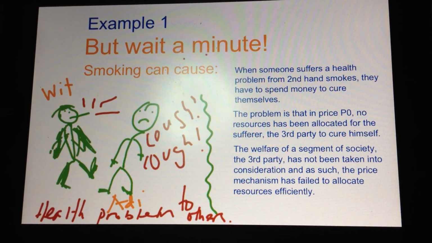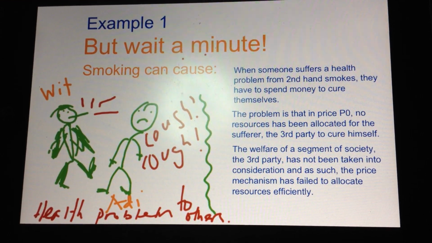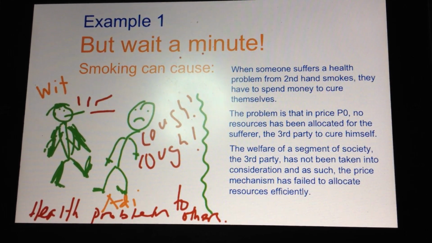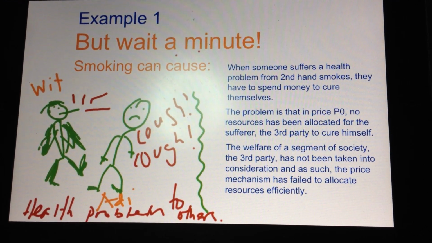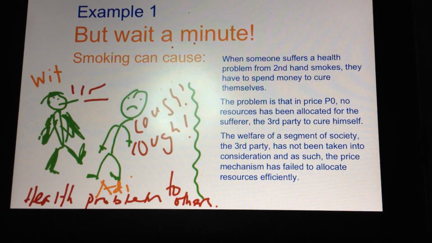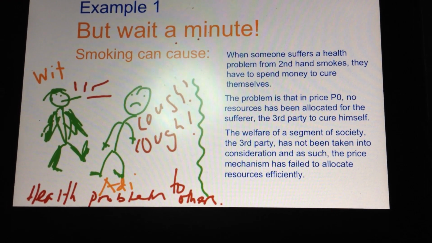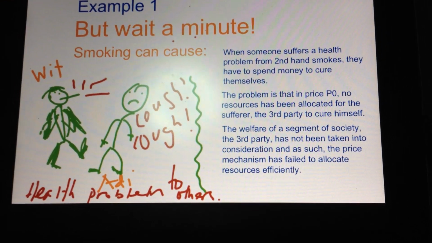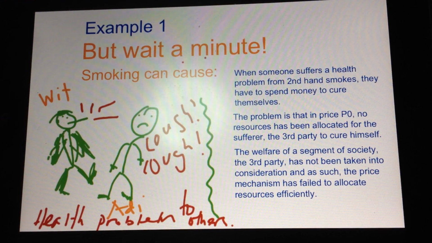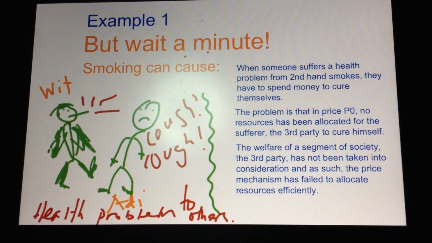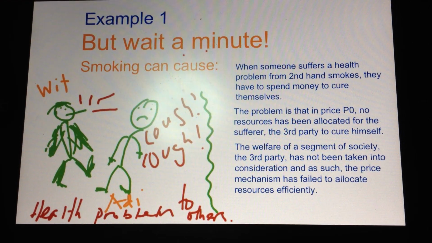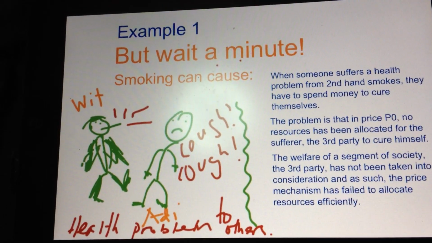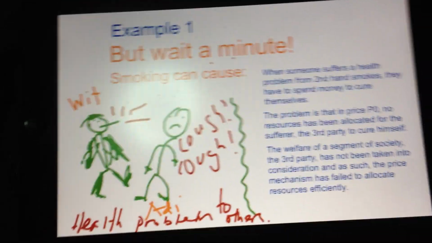Okay, when someone suffers a health problem from second-hand smoke, they have to spend money to cure themselves. Now the problem is that price P0, the price paid by Wit to buy the cigarette to smoke, does not represent any resources being allocated to the sufferer, the third party. It only represents the benefit of the consumer, the smoker, but it doesn't allocate any portion of the price to the benefit of the third party, who is the sufferer of the second-hand smoke,